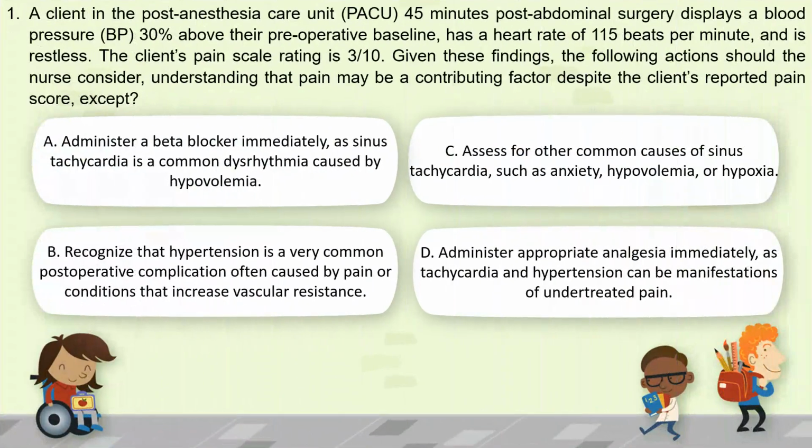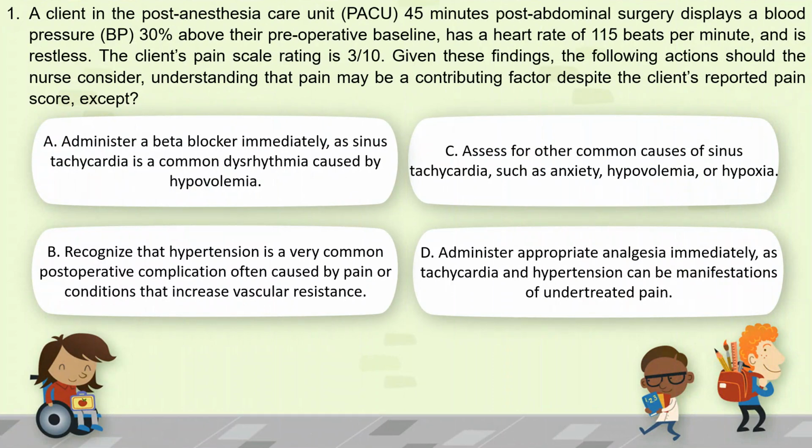A client in the post anesthesia care unit, or PACU, 45 minutes post abdominal surgery displays a blood pressure 30% above their preoperative baseline, has a heart rate of 115 beats per minute, and is restless. The client's pain scale is 3 over 10. Given these findings, which of the following actions should a nurse consider, understanding that pain may be a contributing factor despite the client's reported pain score, except: